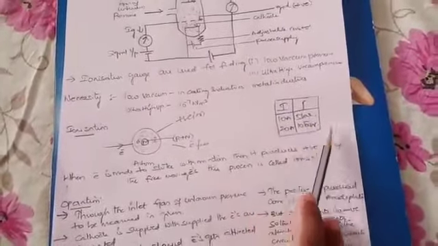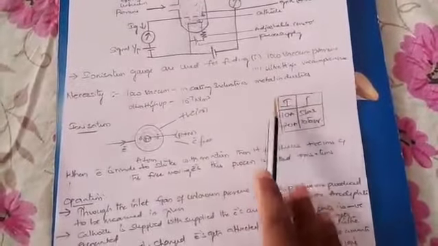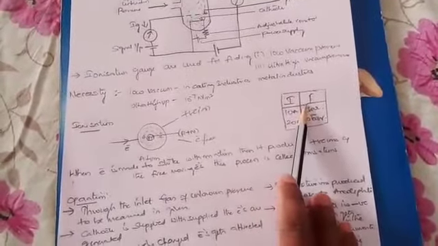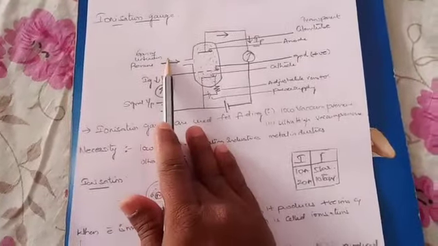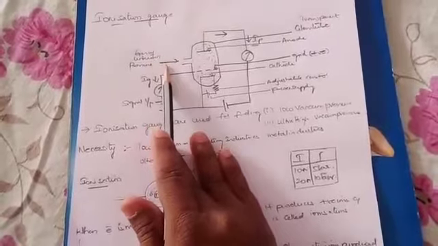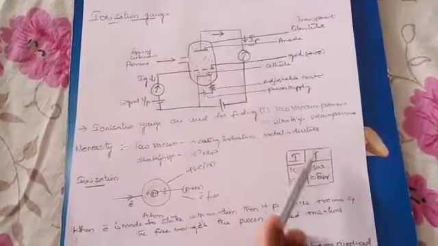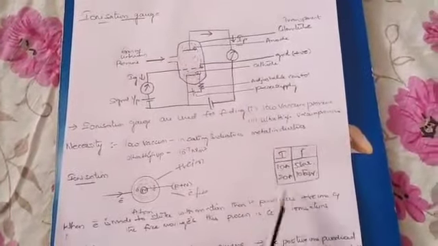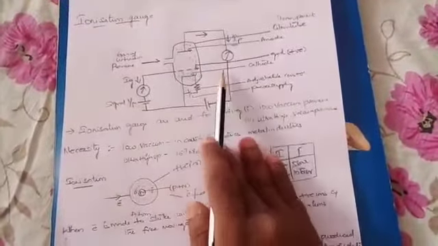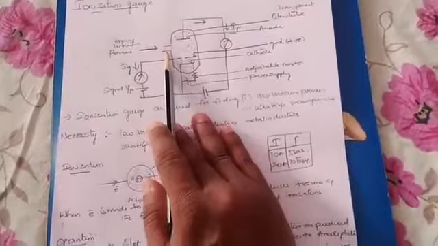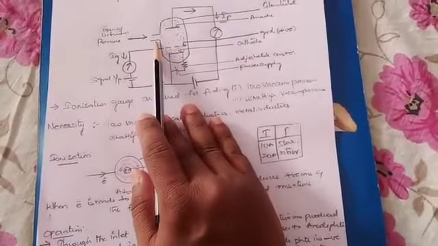It consists of various calibrated scales or various charts for indication of pressure, because the gas we are sending can be of different types. Whenever we send different gases, different readings will come. So different calibrated charts or different calibrated scales will be used in industries. So this is about the ionization gauge, and how to measure the pressure of a gas. Thank you.